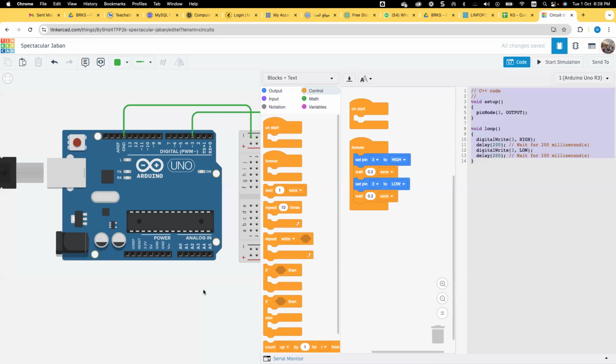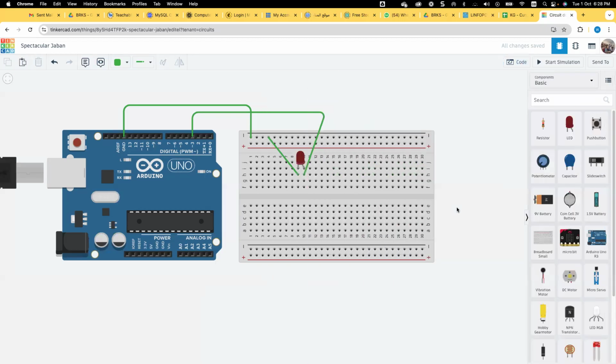So here I can go for the C++ code. I can copy it and upload it on my hardware Arduino board in order to see the manipulation working in a clear way.